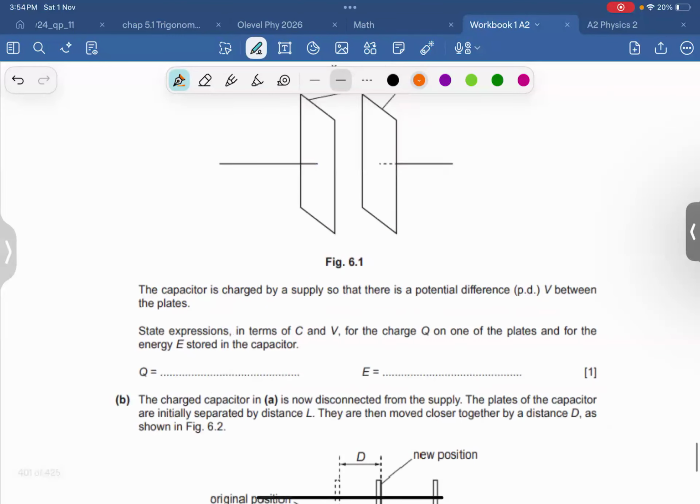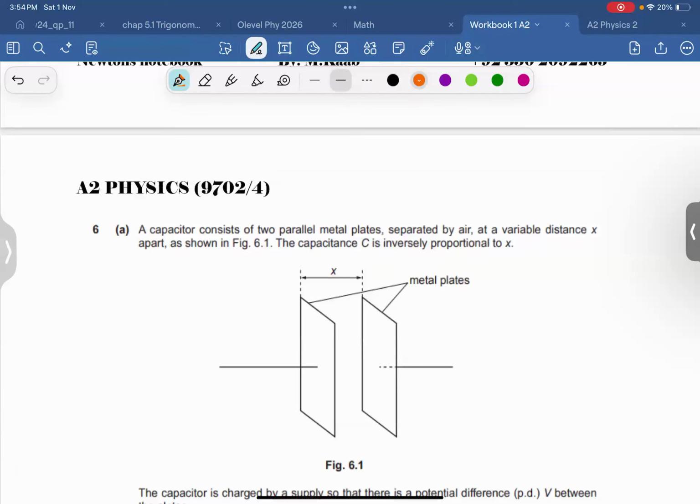Now, so in this question, ouch, wait. Mm, charging. Um,